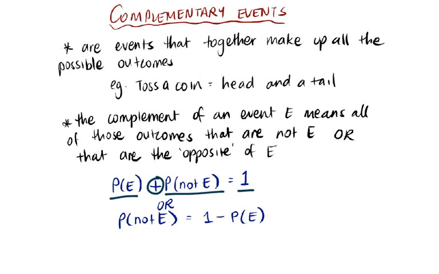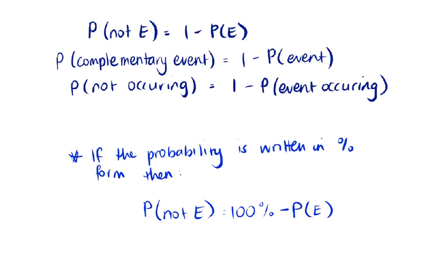And so we use this formula to be able to calculate that. Sometimes you will need to calculate the probability of not the event, and therefore you'll be using this formula where it's 1 minus the probability of an event. Another way to look at it is the probability of a complementary event equals 1 minus the probability of the event. Or you could even say the probability of something not occurring equals 1 minus the probability of the event